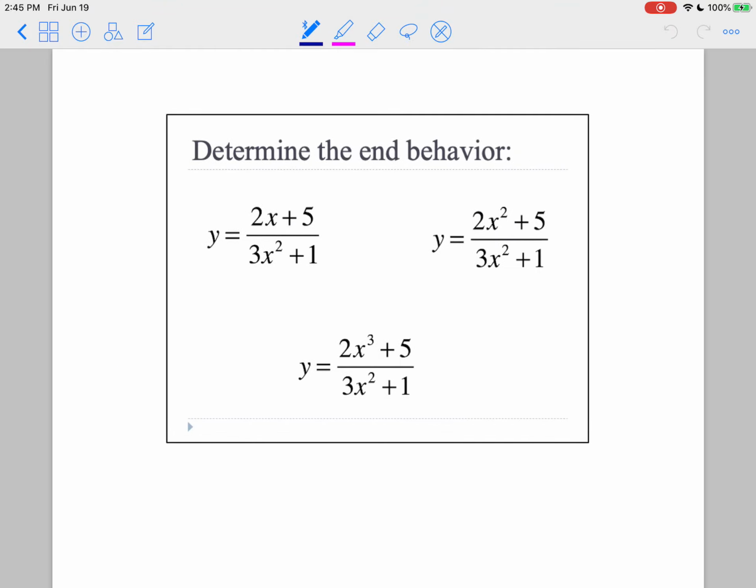So what I would really like you to do is to take out your calculator and put these three equations into your calculator to determine the end behavior. And even though this has been a very short video, I'm going to pick this up on my computer so that I can show you what these look like on the computer, and then we can come to a consensus about